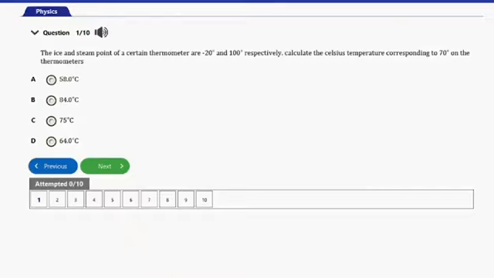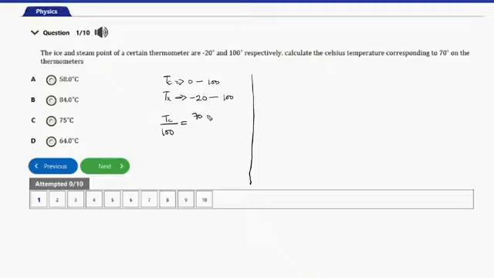So guys, for this, we are going to have that the temperature scale for the Celsius reading, let's say TC, is going to correspond to readings from 0 to 100, whereas for this one, the readings are from -20 to 100. So here we are going to have that TC over 100 will be the